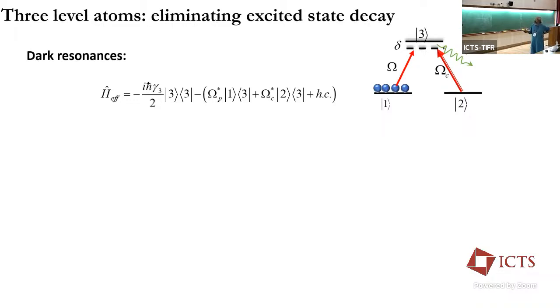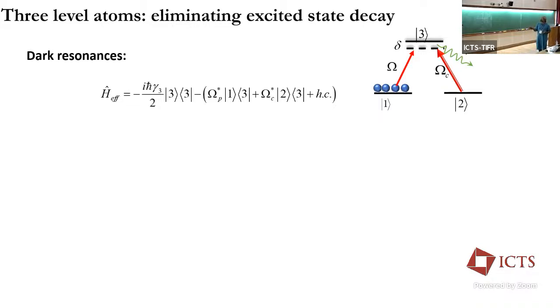So it's the same dipole Hamiltonian. You see that this is the energy of the excited state, and this is its decay. So this is a non-Hermitian Hamiltonian, but if you're not comfortable, don't think of it now. But basically this is what is happening. For example, this term takes the atom from the ground state to the excited state, and this actually couples states 2 and 3, right? So this is the Hamiltonian.